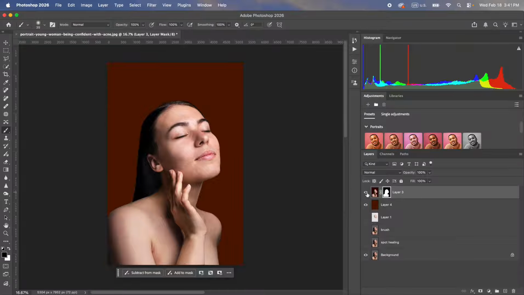Now here it is. I can manage my layers, and